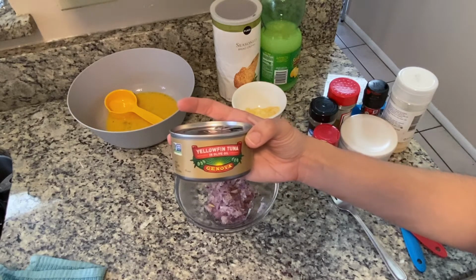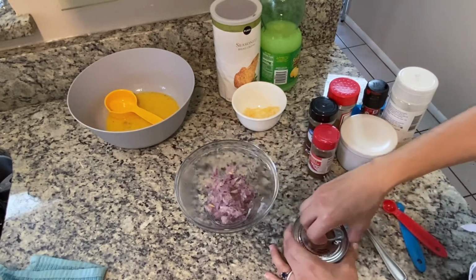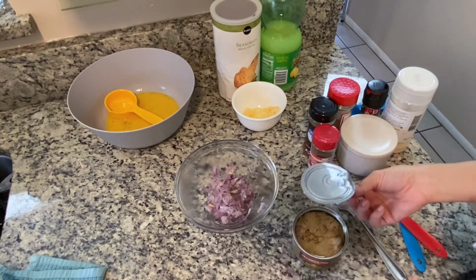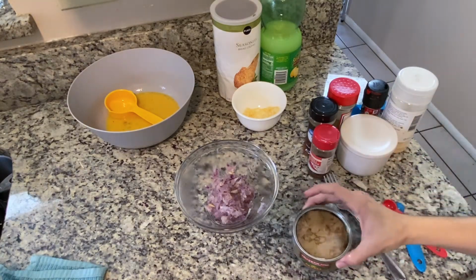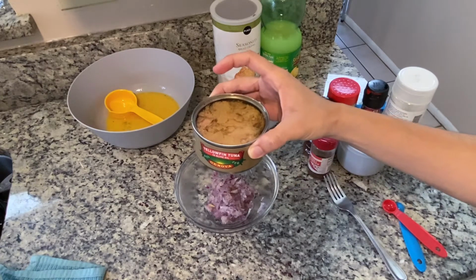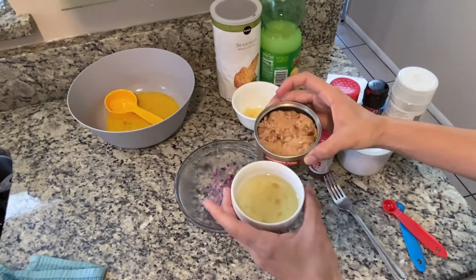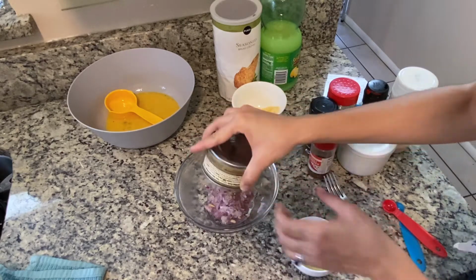Every time I show a picture of my tuna balls on Instagram, some of you ask me for the recipe, and here's the recipe, I'm making it today. Basically, I'm using the yellowfin tuna that we get at Costco, but you can use any kind of tuna that you want. I am going to mix it together with the half an onion that we shredded yesterday